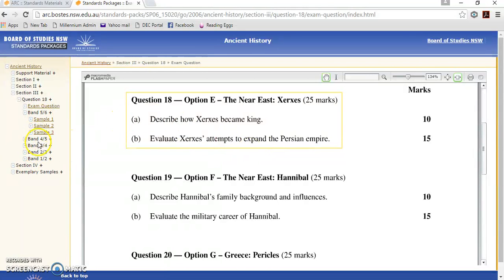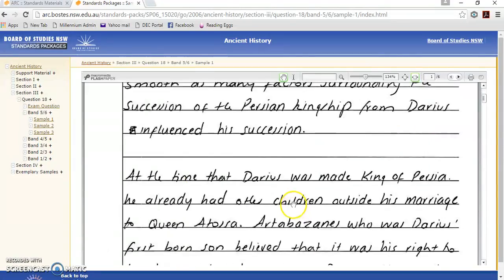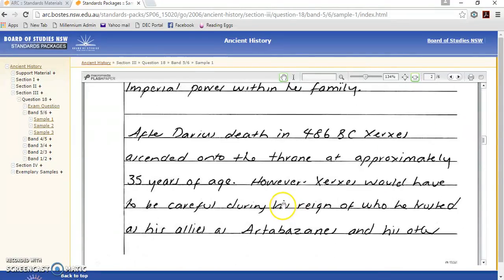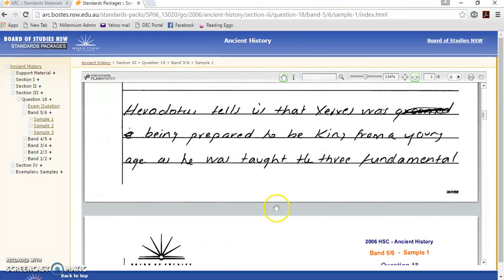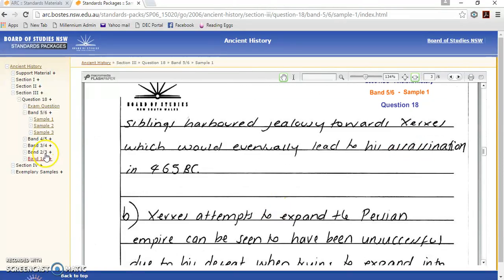And again, go through all of these. One of the good things to look at here is how much information someone who gets a band 5/6 writes. You can see for that one they've written about 2 and a bit pages for question A. If you go down and have a look at a band 2/3, which for the 10-mark question is around about 3 or 4 out of 10,